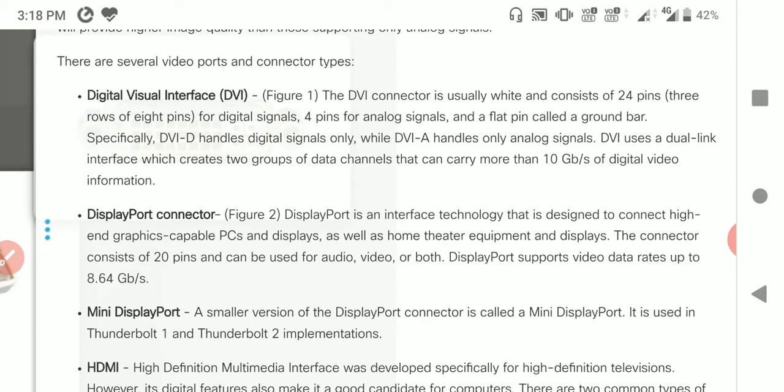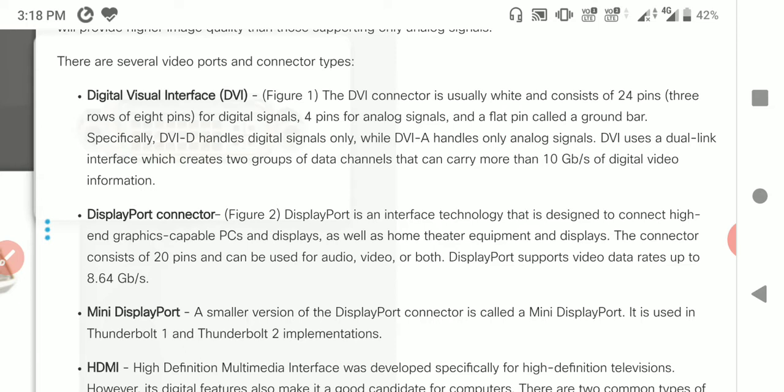The connector consists of 20 pins, which can be used for audio, video or both. DisplayPort supports video data rates up to 8.664 Gbps. So that is the DisplayPort connector.